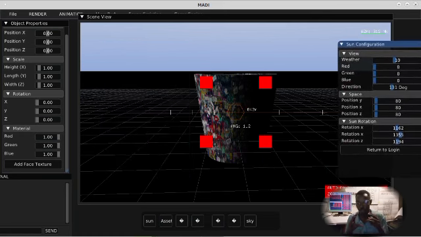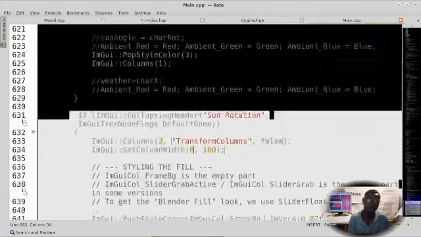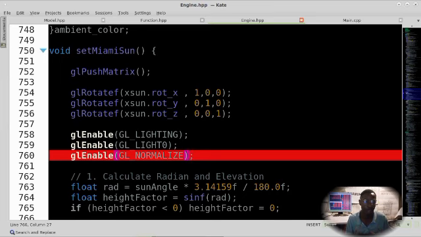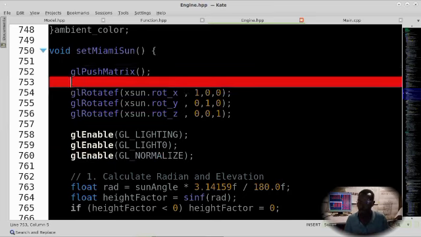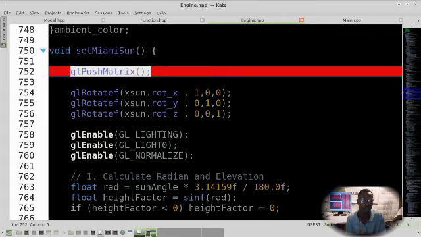How can you test this, or how do these algorithms help? When you are doing 3D game code, the sun can rotate from different angles. That's why I added the GL push matrix. Back to the game code, the engine was here. This GL push matrix was designed to save the matrix state of the sun. This is the simple